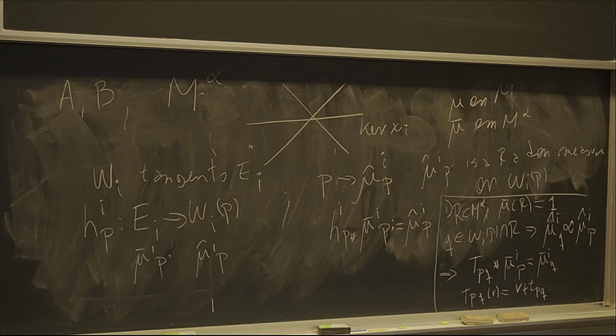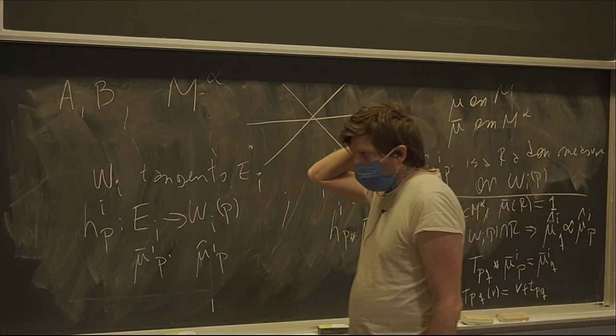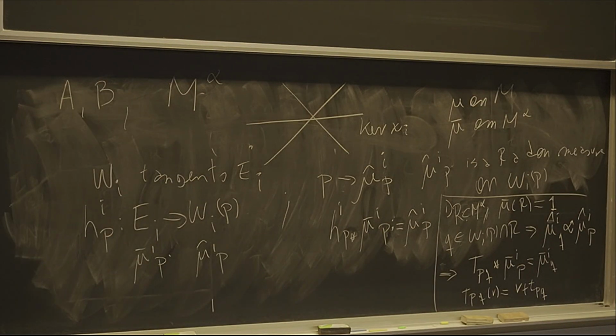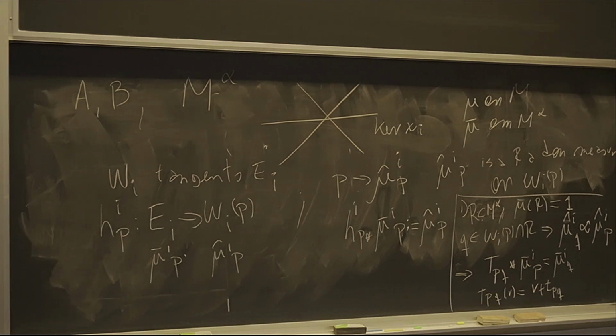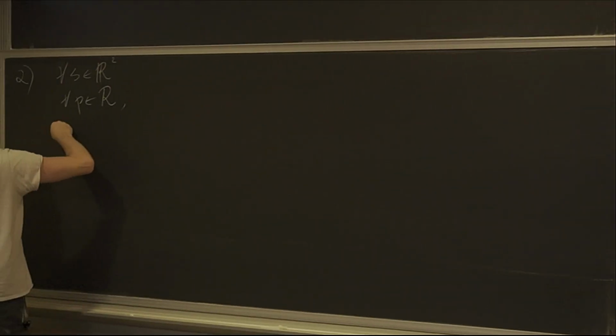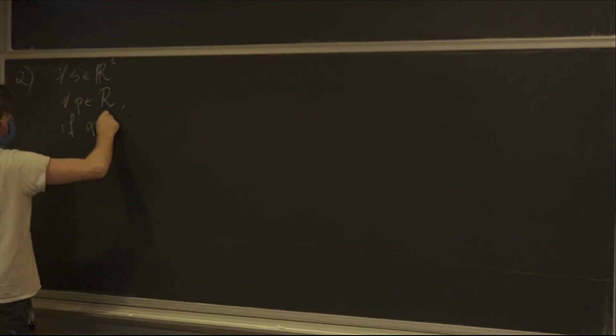So that's one big property of this guy. The second big property of these guys, which I will write here, is that for every S in R^2 and for every P in the same set R, if alpha S of S also belongs to R, then